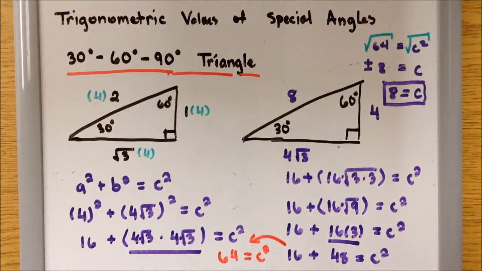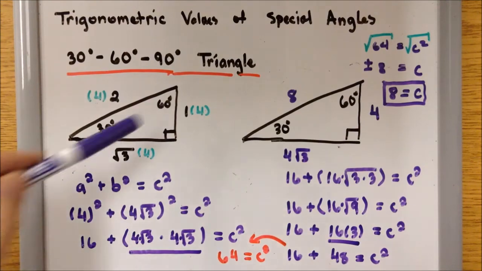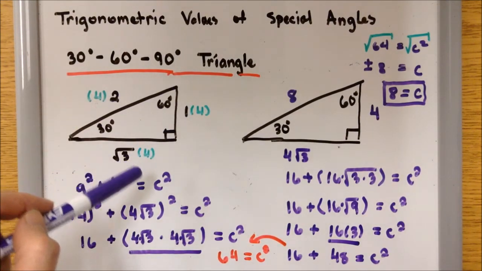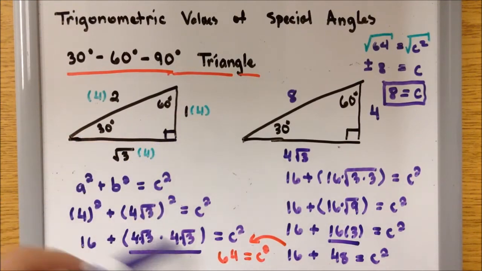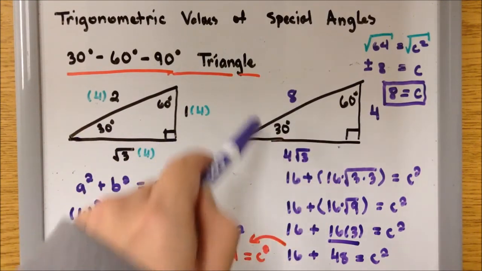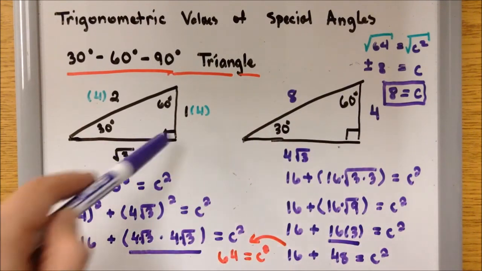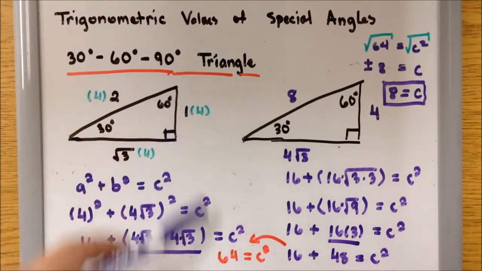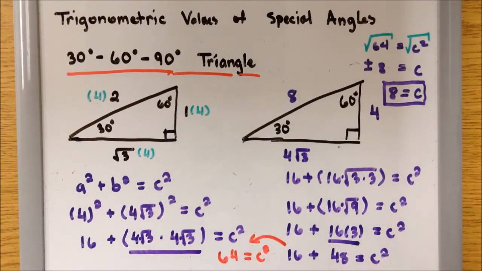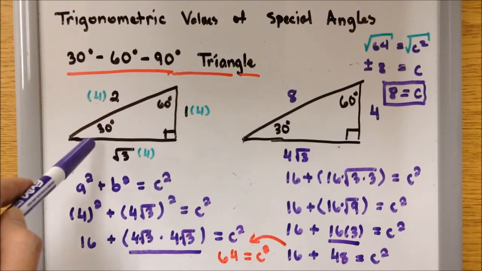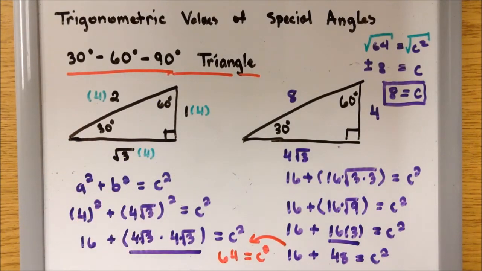So there is a pattern, there is a relationship, and I proved it using the Pythagorean theorem. So since I multiplied all sides of this triangle by 4, then I could say that if I were to multiply this by 5, then using the Pythagorean theorem, I can still prove that all the sides are connected. If I were to do it times 12, using the Pythagorean theorem, you would get the same process, similar results, that the sides are connected because of the special angles, 30 degrees, 60 degrees, and 90 degrees. So typically,